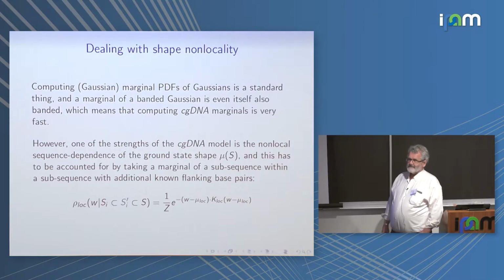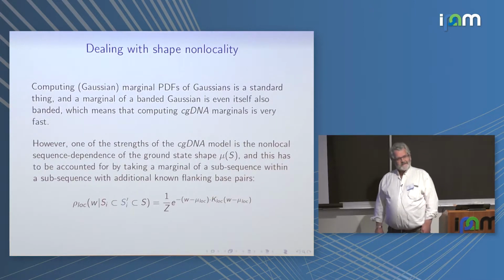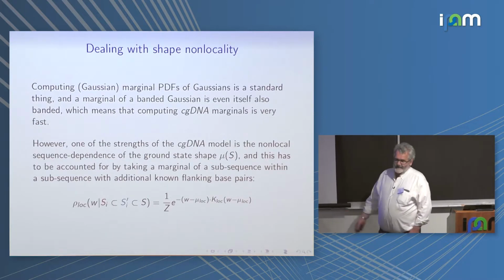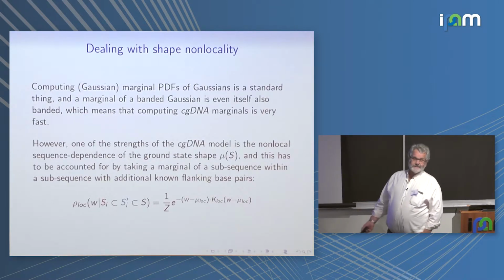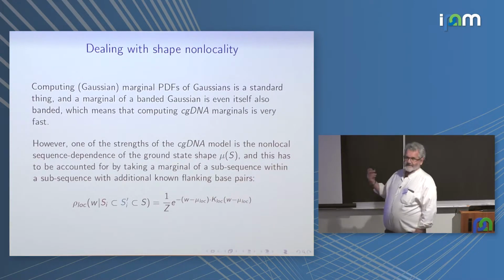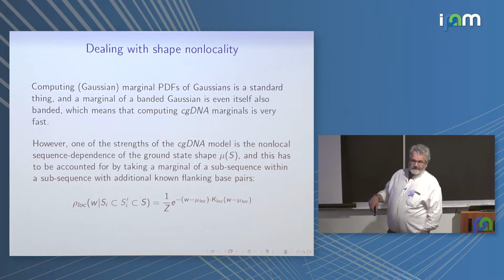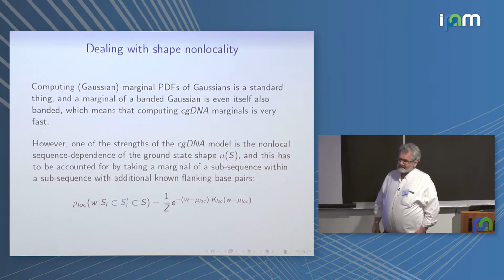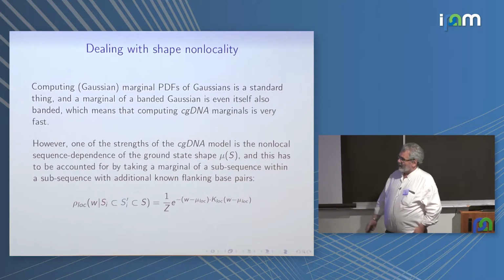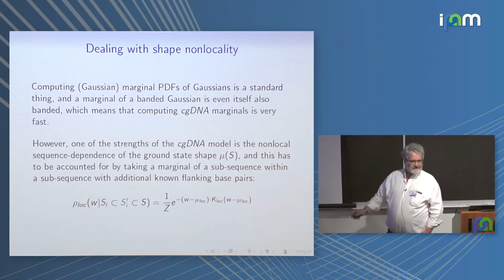And it's now, as the American students would say, quiz time. Okay, so if you have a Gaussian, I'm going to give you the stiffness matrix, the precision matrix, and then I'm going to tell you I want to marginalize over half the variables. What do you do? You compute the inverse, you then get a covariance matrix, and you take the submatrix corresponding to the variables you want, you invert the submatrix, and that gives you the stiffness matrix of your marginal. So that's dead standard, right?